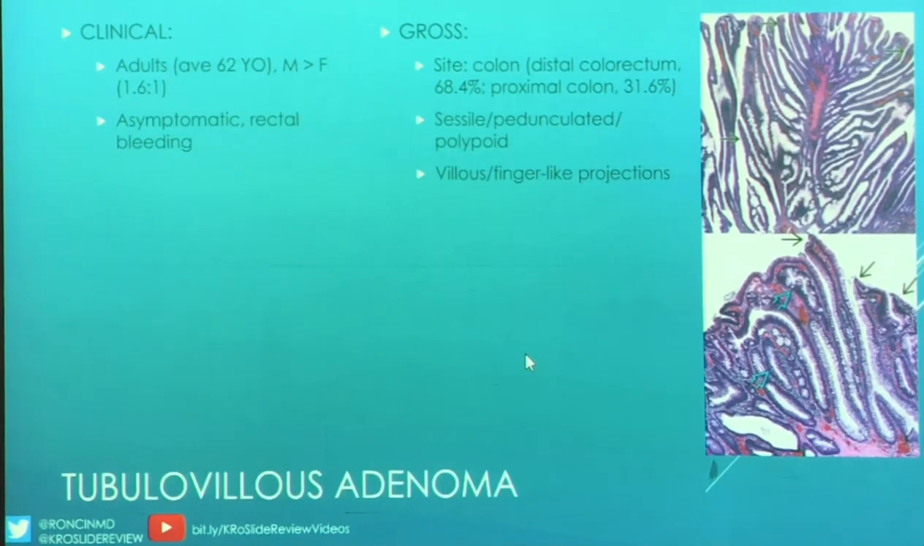These are generally asymptomatic, but they can present with rectal bleeding. These occur predominantly in the distal colorectum, but you can see them in the proximal colon as well. And it's about a 60-40 split or 70-30. And these are relatively,